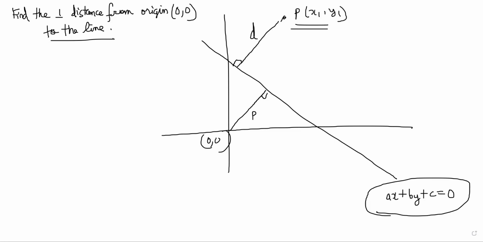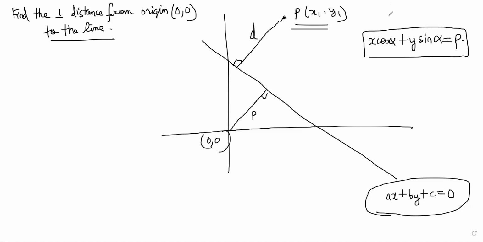We can use the same formula, the same thing we did with the intercept form for this, except we don't know the angle. Never mind, we can do the formula that we did here, right? That formula was called the perpendicular form or normal form. It was actually the same setup that we are seeing right now, except that the alpha we don't know. p was the perpendicular from origin to the line, right?